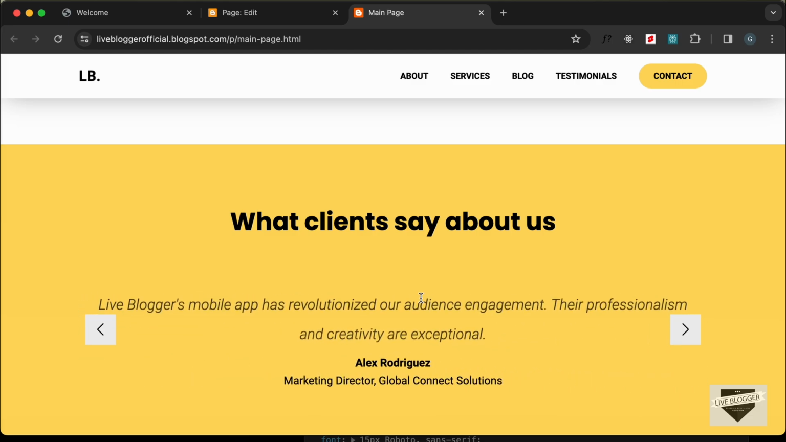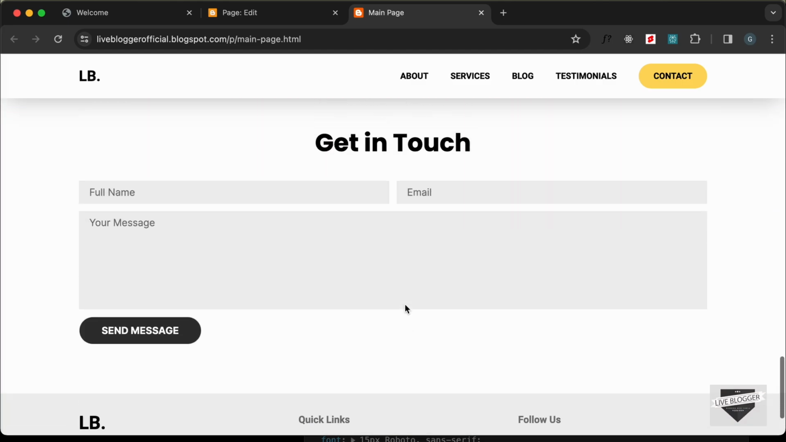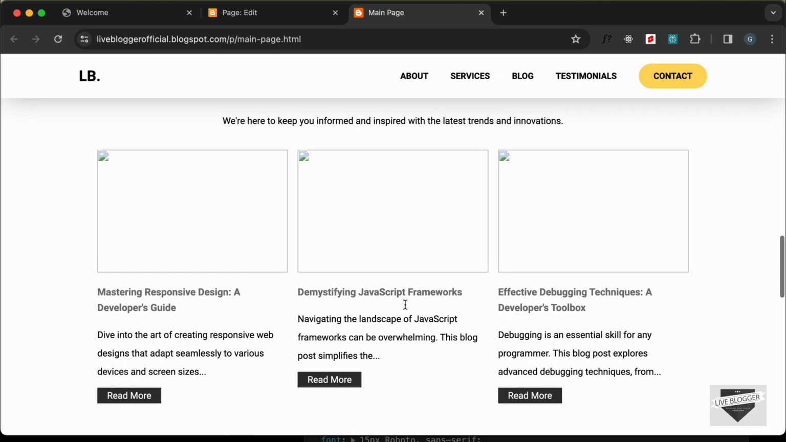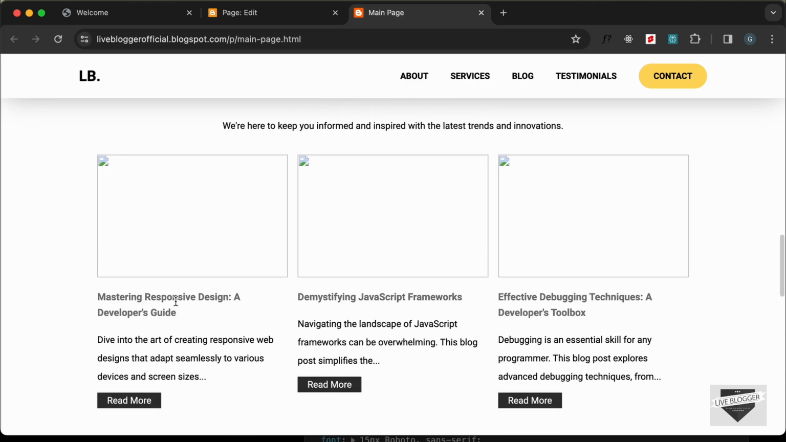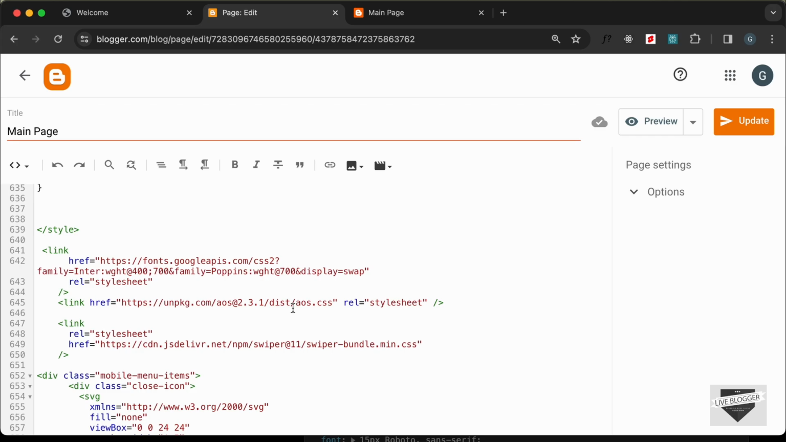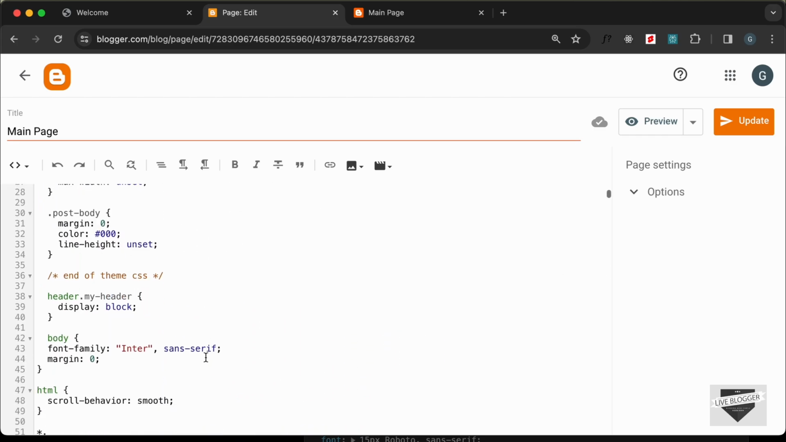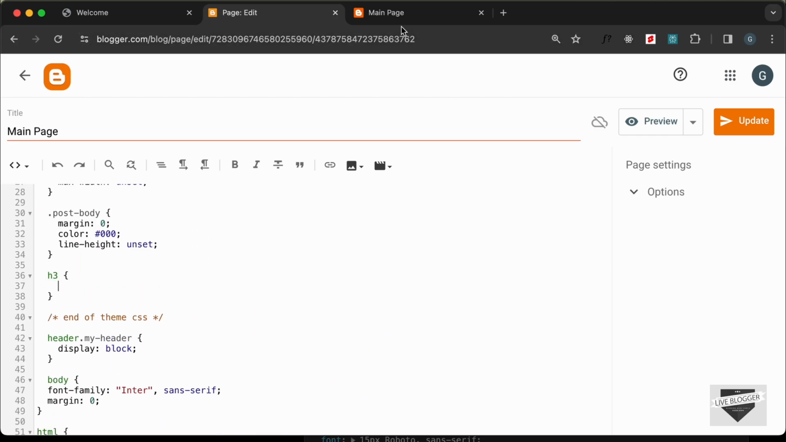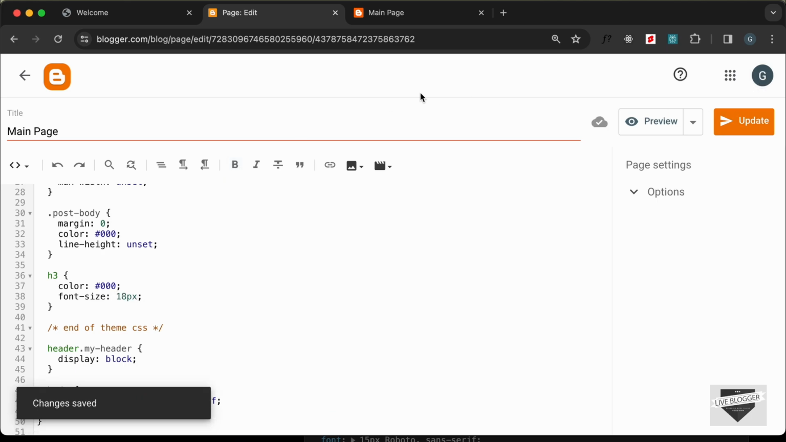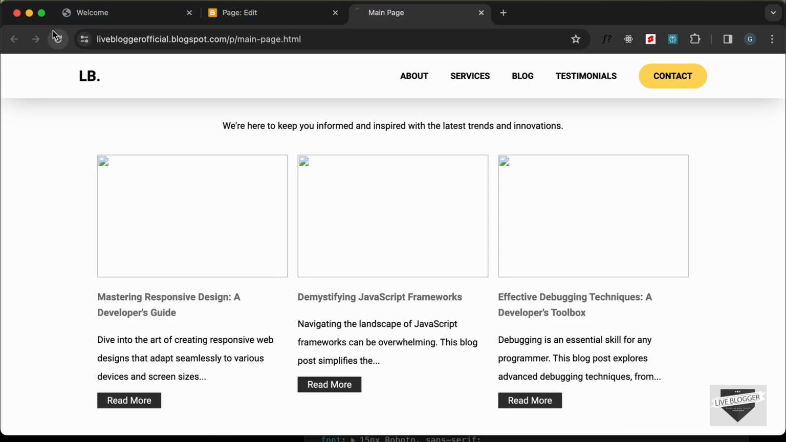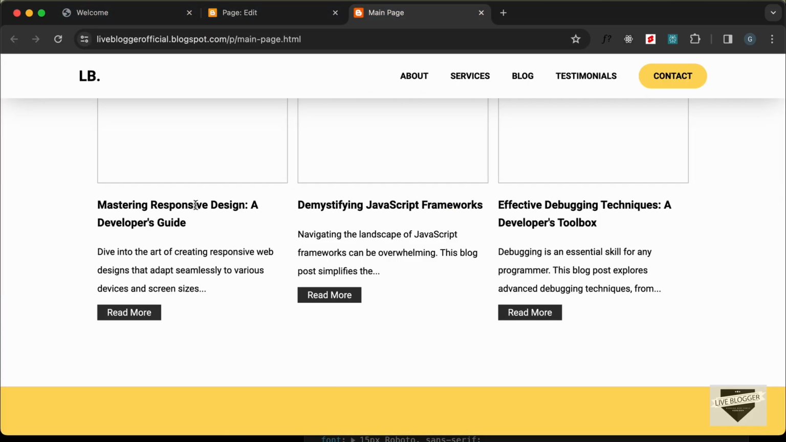And this slider is also working correctly. Now the next thing we will do is we will change the styling of this S3. So right now this S3 doesn't have the correct color and it also doesn't have the correct font size. So let's go back to our CSS and here let's type S3 and let's set the color of all the S3 to black and let's set the font size to 18 pixels and let's update this. Let's go back to our page and let's reload and now we can see we have the correct font size